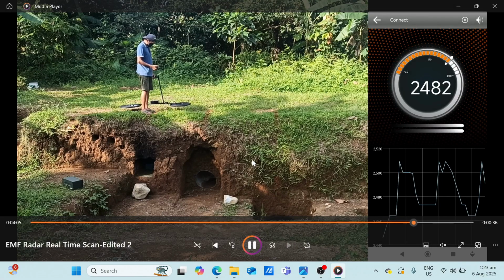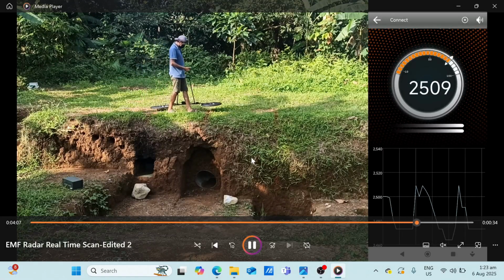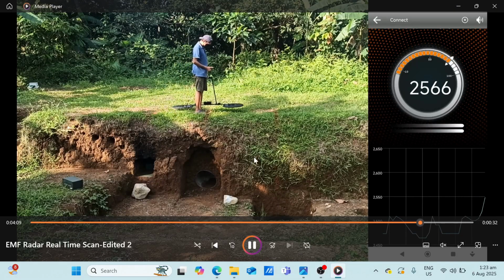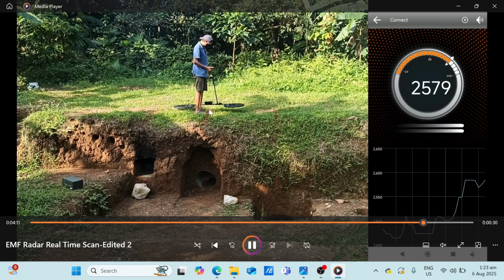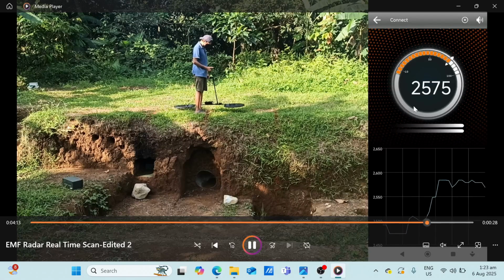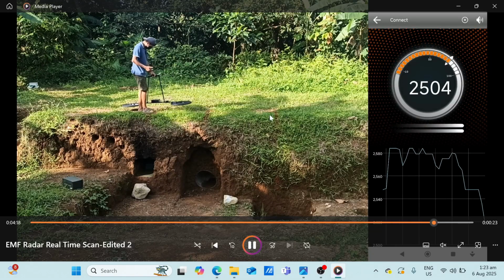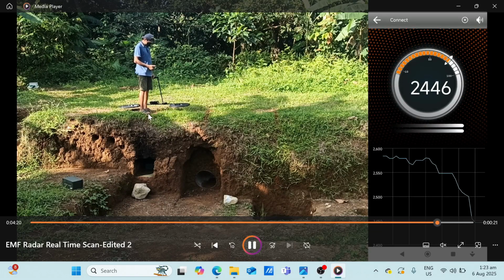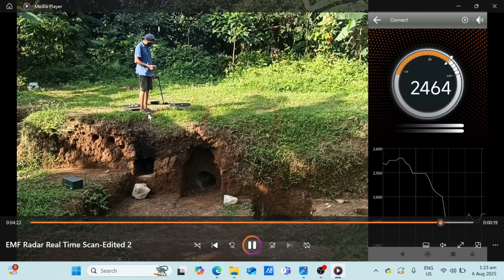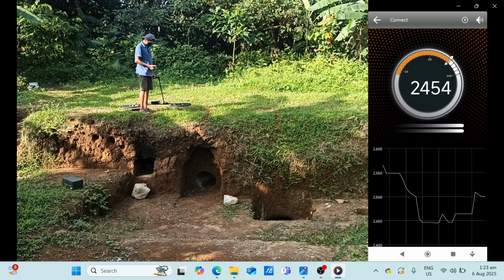Okay, still above the target. Okay, now after bypassing the target, the value is 2500. And if we are above the target, the reading is 2400.